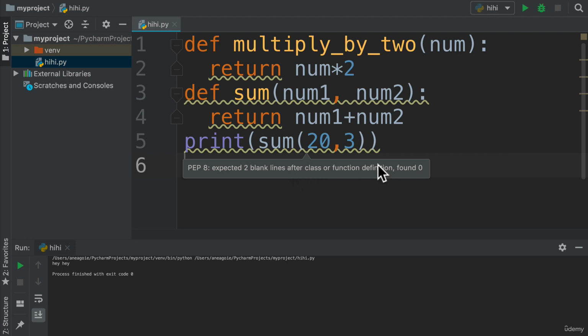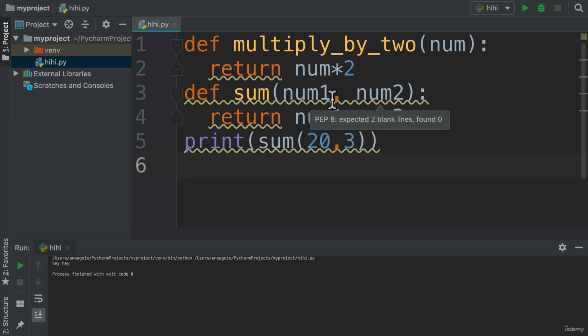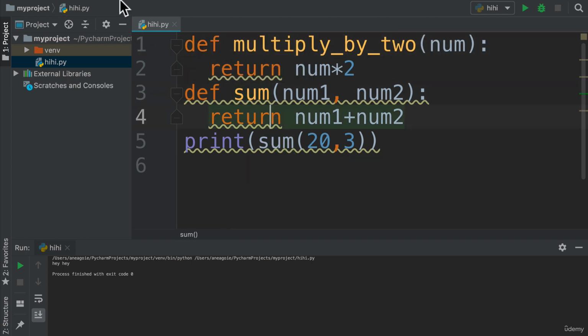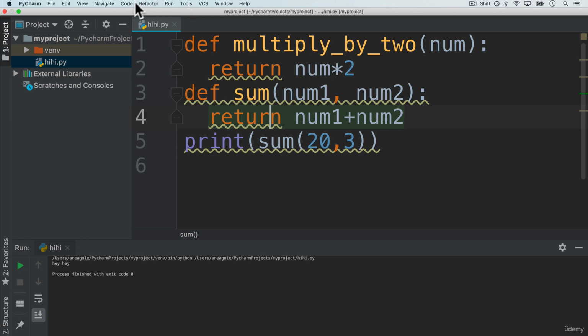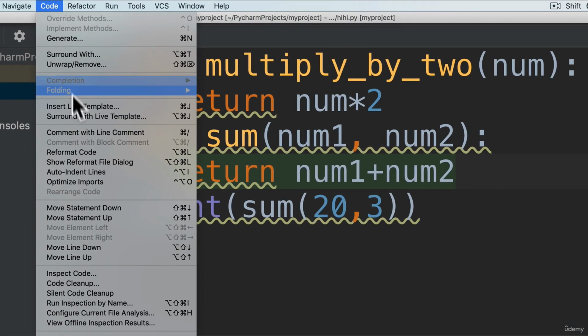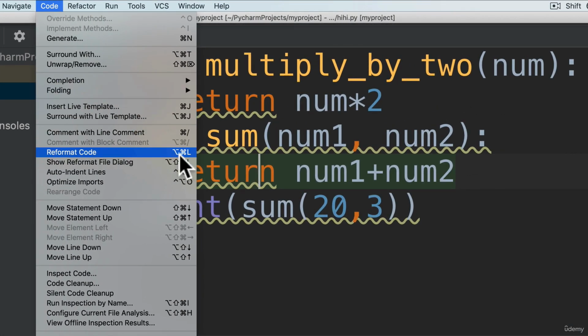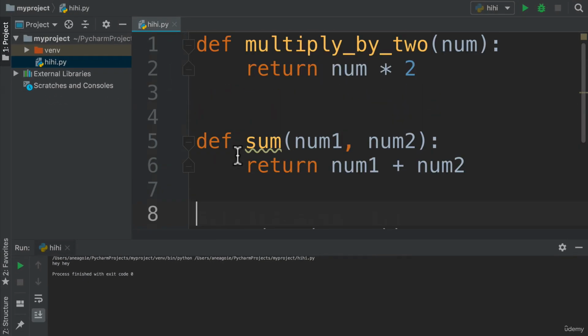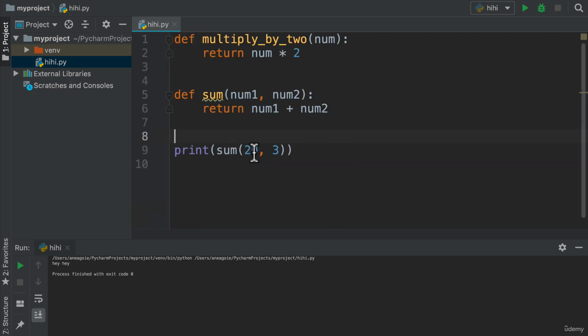So it actually tells you that, all right, this is not good according to PEP8. Or maybe we can add extra spaces here. And right away, look at that, PEP8. Multiple spaces after keyword. We don't want that. Now, all we have to do here is simply go to Code and reformat code. And you can also see this shortcut available. If I do this, look at that. The code was reformatted. Let's make this a little smaller. And everything seems to be working.